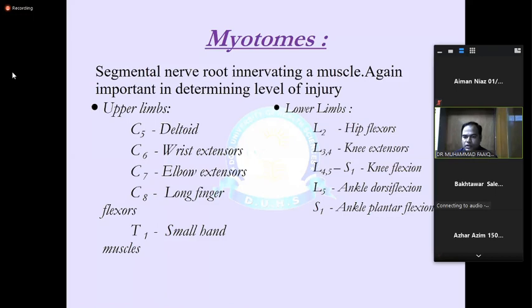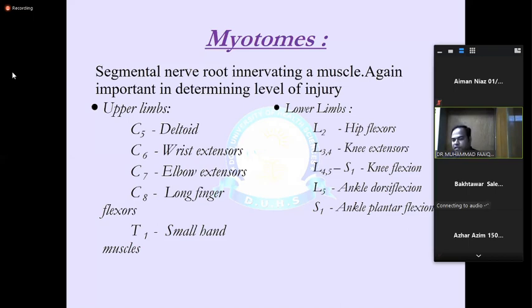And myotome is a muscle supplied by a spinal nerve. The important myotomes in the upper limb are arm flexion, that is the function of the biceps, supplied by C5, while wrist extension is C6, elbow extension is C7, while the small muscles of the hand are T1. While in the lower limb, the important myotomes are muscles related with hip flexion supplied by L2, while